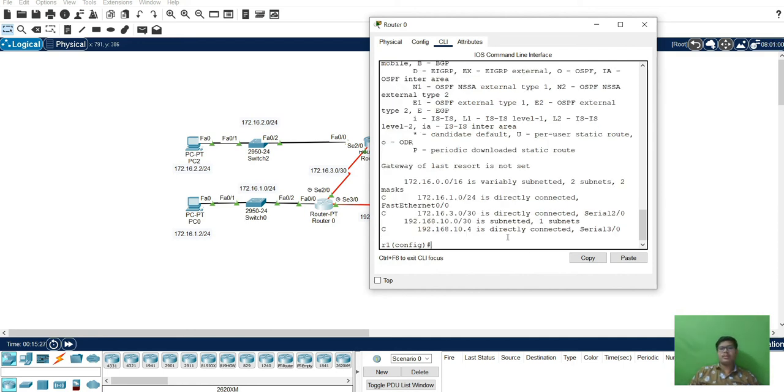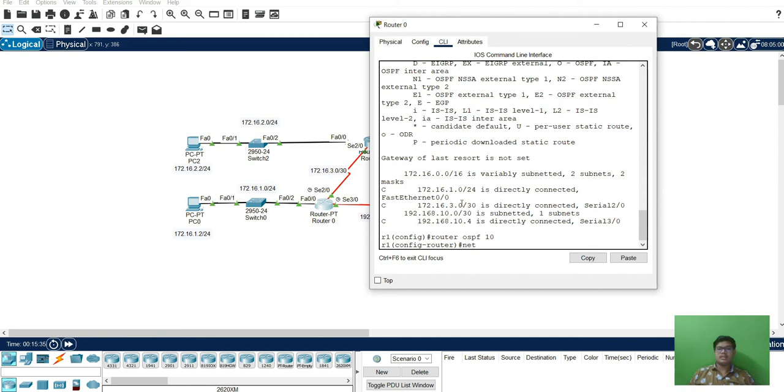Do show IP route. So this is the IP route. Router OSPF 10, network 172.16.1.0, 0.0.0.255, area 0.